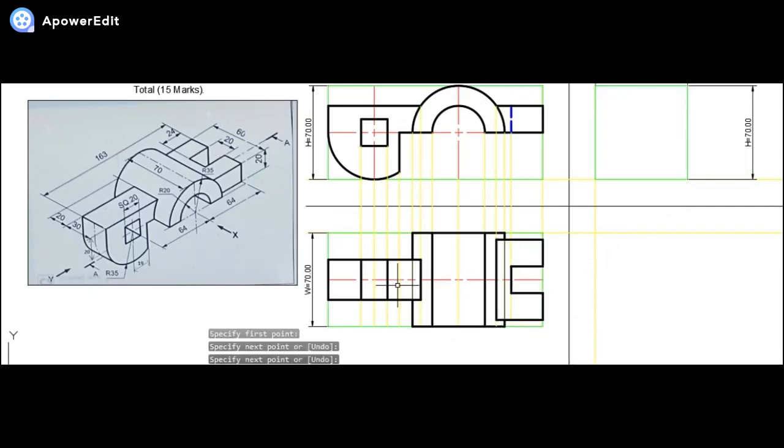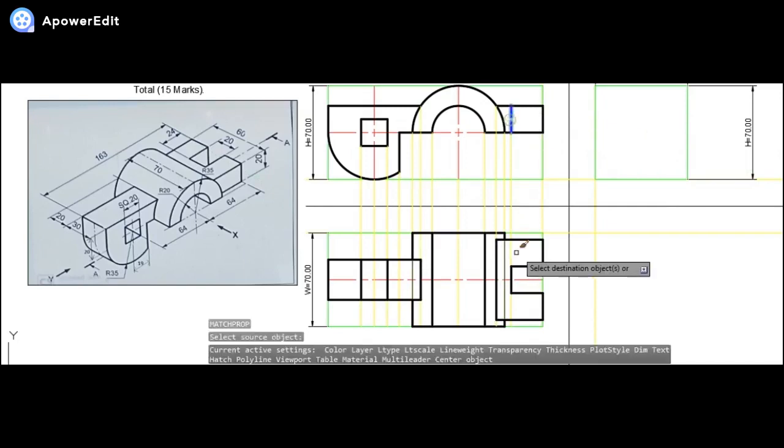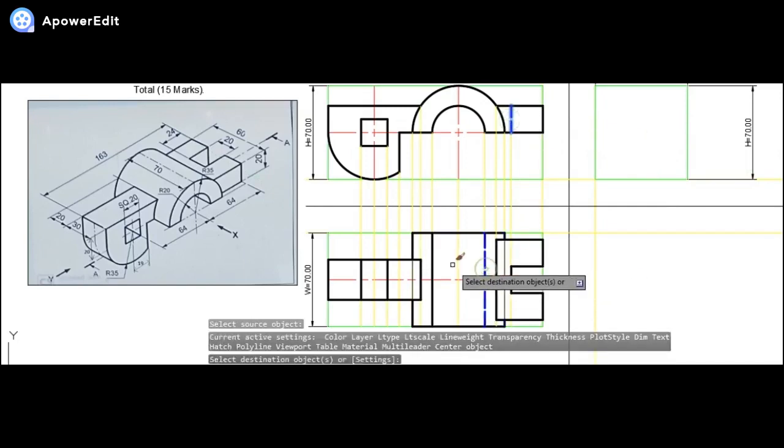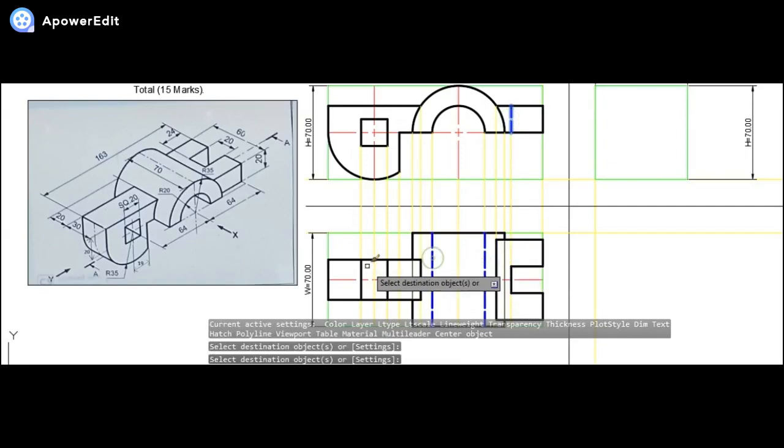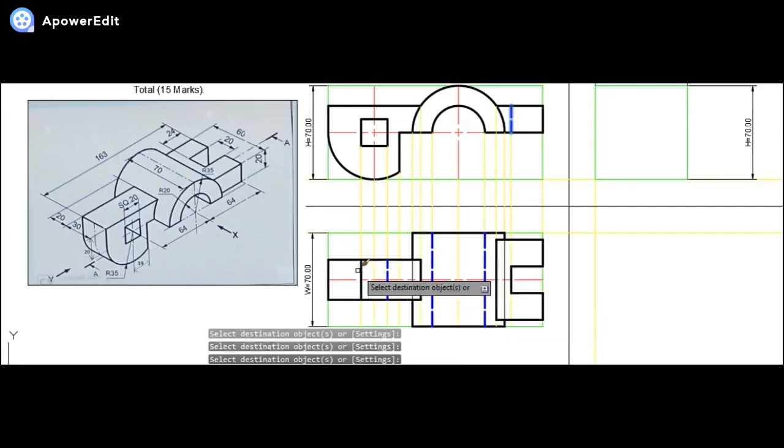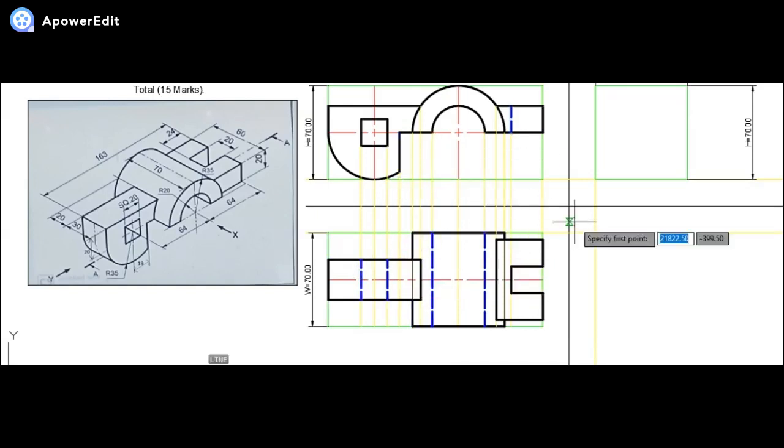Let's make these edges hidden edges. This will be one hidden edge, this will be one hidden edge, this will be the one which is through. Friends, there is one more prominent hidden edge that will be seen, which is this one. As we have not drawn it, we will draw it over here.